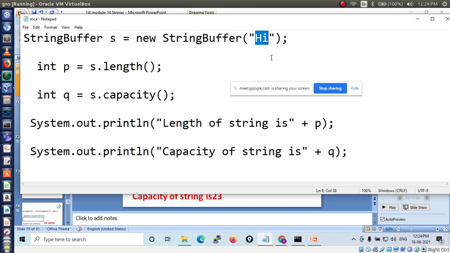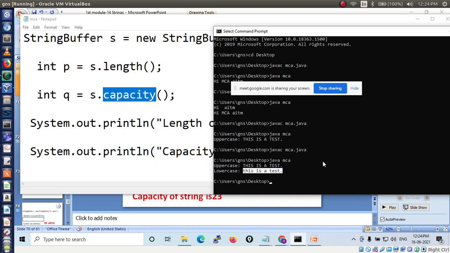Here two characters are there, so the length of this string is 2. Now what about in terms of capacity? In capacity we will get 16 plus the addition of these two characters, 16 plus 2, so we will have a total capacity of 18. Let's see.